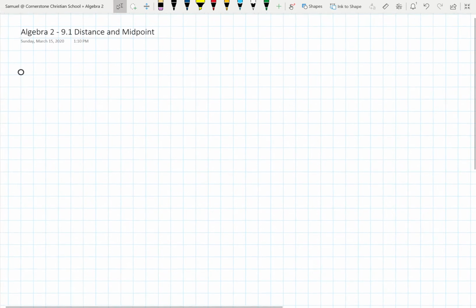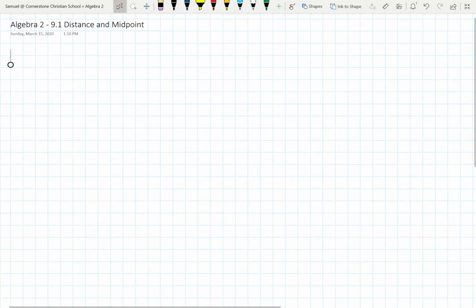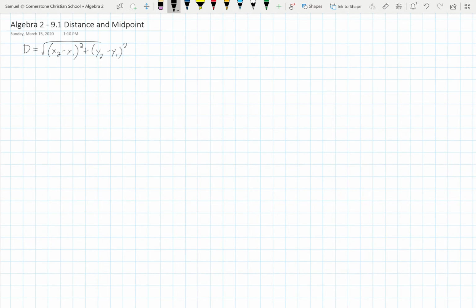So for distance, d equals the square root of x2 minus x1 squared plus y2 minus y1 squared. The formula for distance, the distance between any 2 points. Midpoint formula: midpoint equals x1 plus x2 divided by 2,